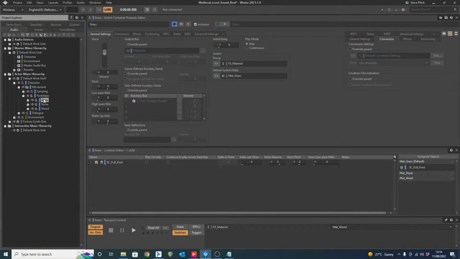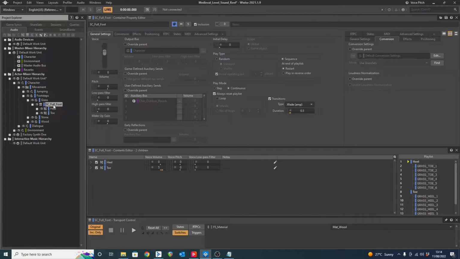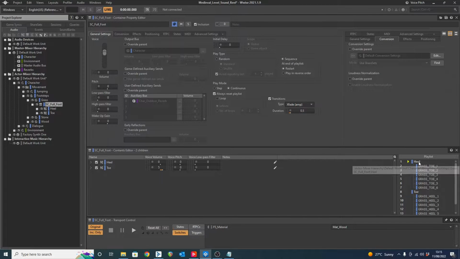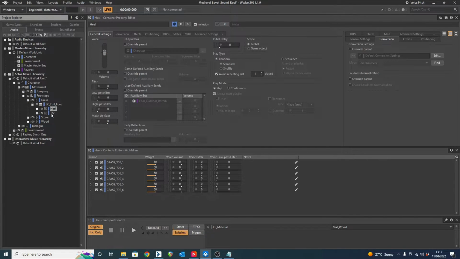Here within each container we actually have a sequence container. These are named the wrong way around, which is helpful, but this is the heel playlist. These should say grass heel and these should say grass toe, so apologies about that. They're broken down into heel and toe on their own. They sound very odd,